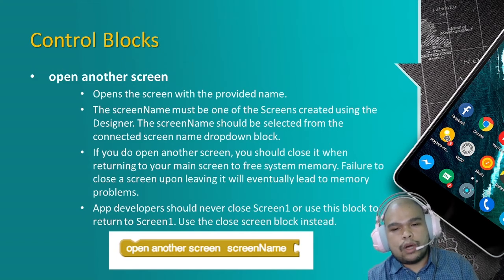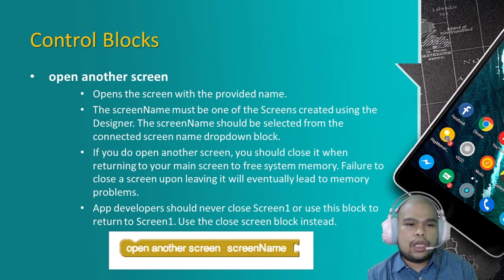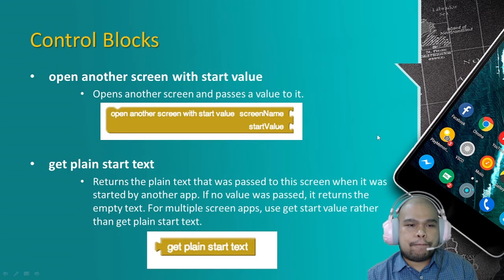You'll be directed to a new page or to a new screen. So ito yung gagamitin natin na block to do that. Then we also have this one, open another screen with a start value. So, opens another screen and passes a value to it. So, let's say for example, sabihin na natin after